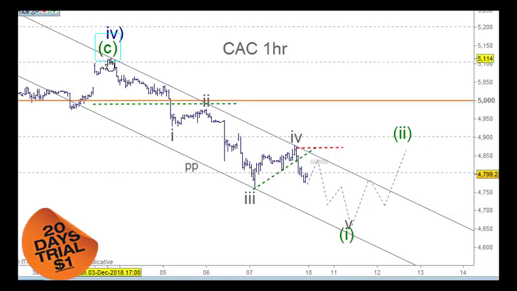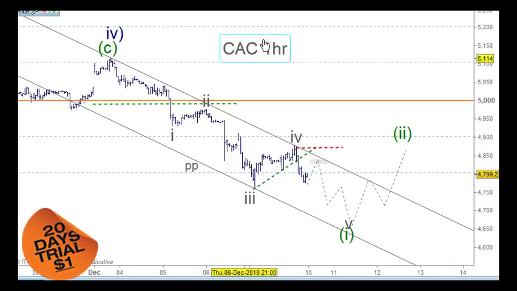But also looking at this as 1 and 2 and 3 and 4 and 5 here for 1 and 2, and then 1 and 2 and 3 and 4 and down for 5 for 3, across for 4, and then 1 and 2 and 3 and 4 and 5 to come a little bit lower here. So I've also brought the stop down here. We've also taken part profit here at the 4,800 area here, because we knew that we'd get a bounce from